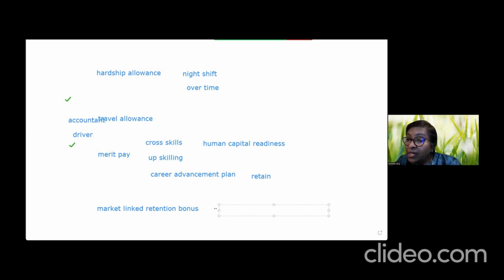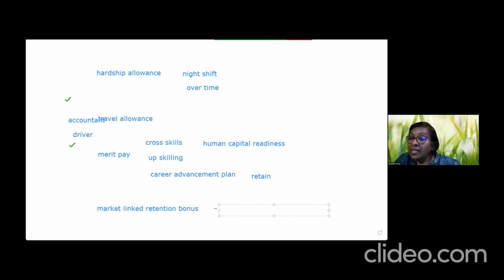Because typically the demand will be there for a short period. After that, as you know, AI, cloud computing, it will be for a short period. After that, because of the amount of training, the supply will become available. So for 1 or 2 or 3 years, whatever, you want to give them a retention bonus